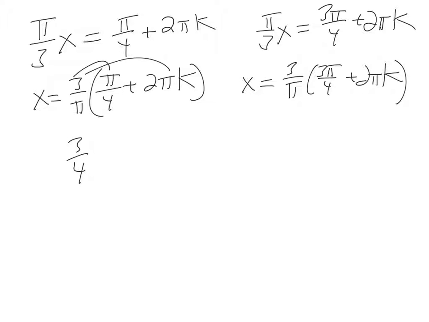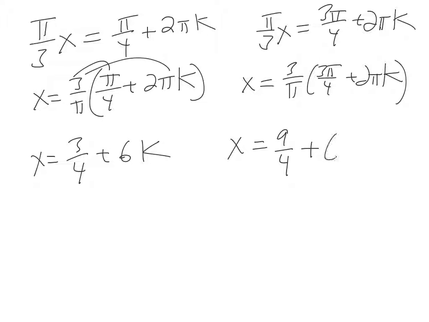And the pi cancels out, and it gets multiplied by 3, so 6 times k. So that's what x can be. That describes all solutions. And the same deal here. We're going to do some canceling out. That's going to give me